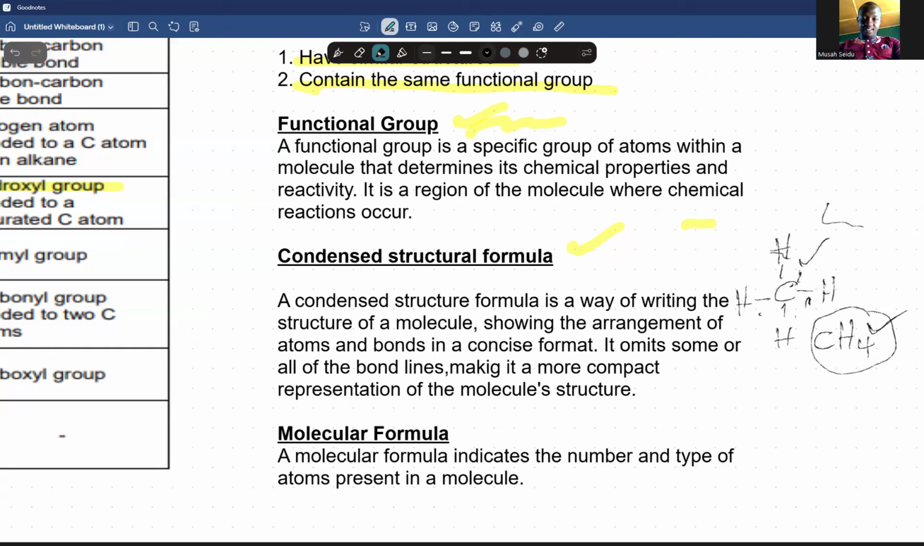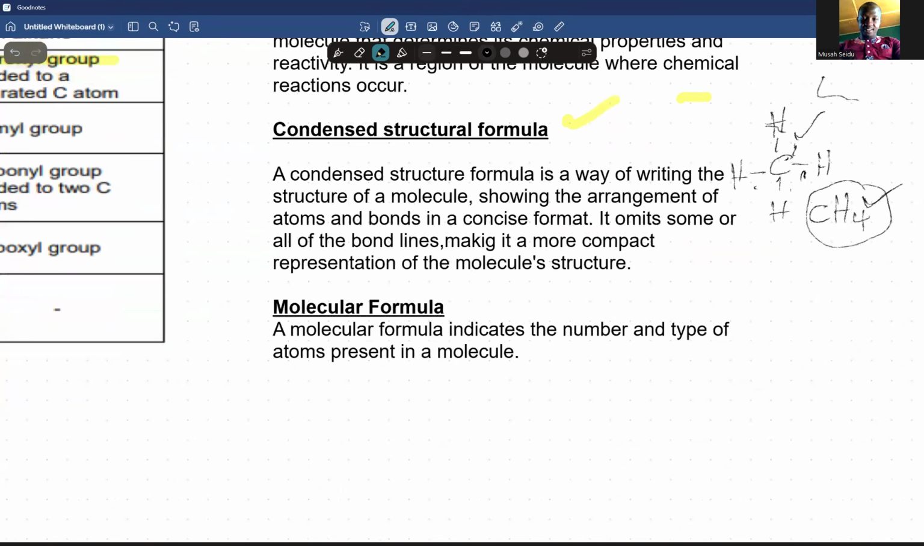All right. So now when we talk about the molecular formula, as against the condensed structural formula and the structural formula, the molecular formula is a formula that indicates the number and types of atoms present in a molecule. For instance, if I have C,